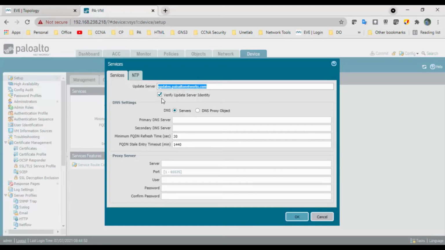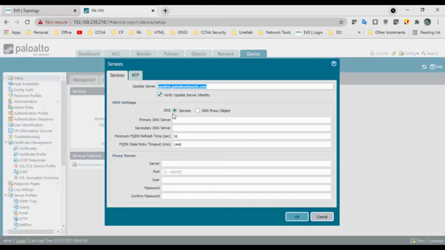If you enable the checkbox Verify Update Server Identity, the firewall will verify that the server from which the software or content packages are downloaded has an SSL certificate signed by trusted authorities. So this is all about the updates.